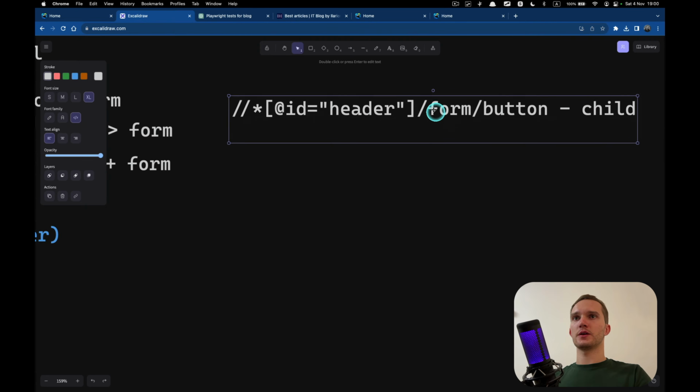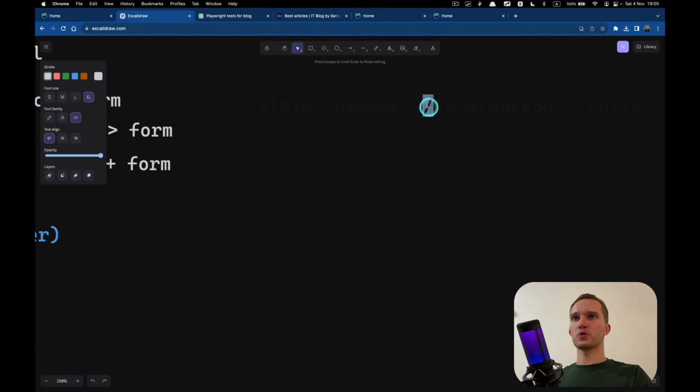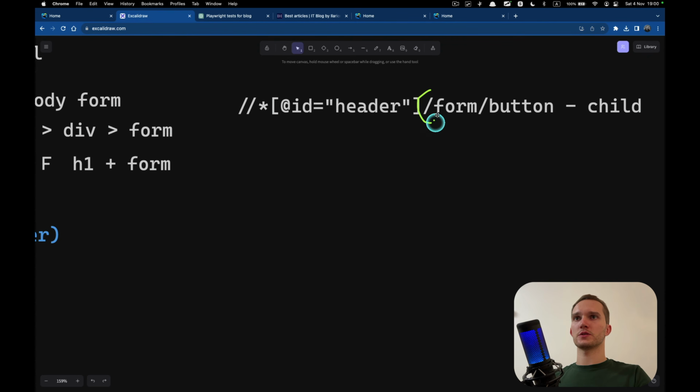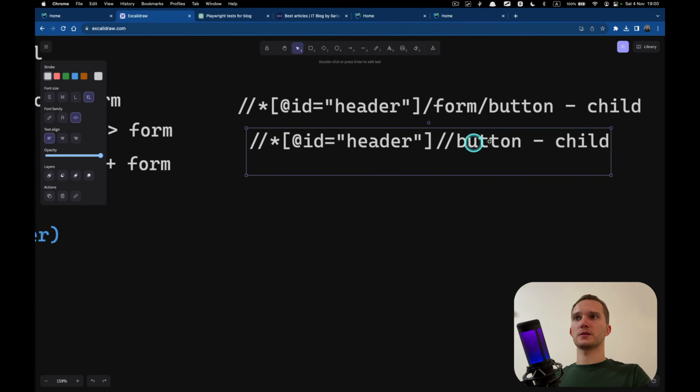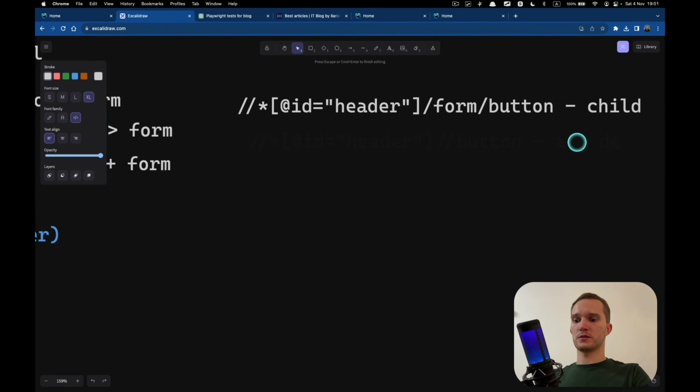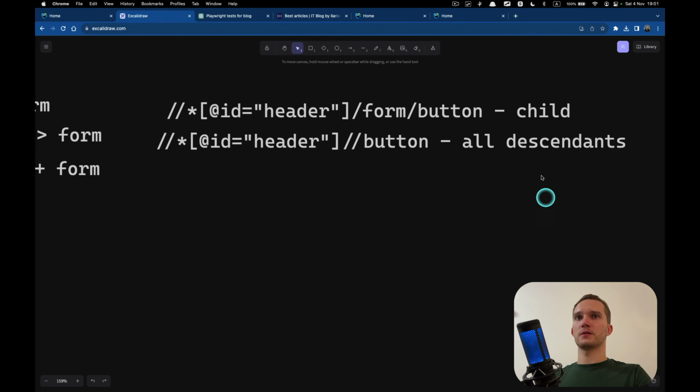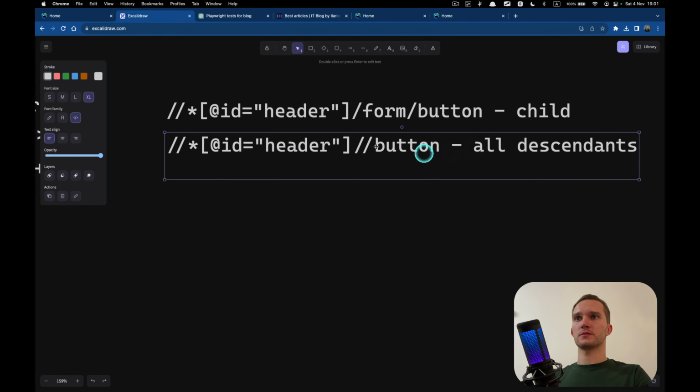So here, if you put slashes, one slash here means that this is the direct child. So one level down, direct child. And if we do the same, but with two slashes, hope I spell it correctly, all descendants.